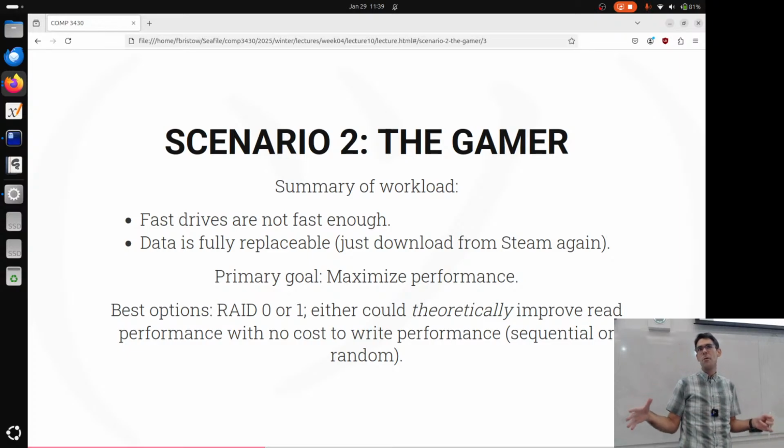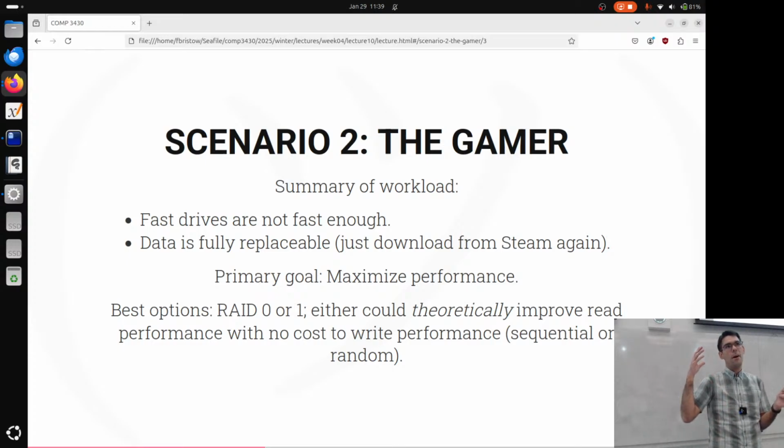Same thing with mirroring with RAID 1. In theory, our RAID controller could accept many read requests and then respond to them all simultaneously, asking each different drive to give back some different data. If it's smart enough to do something like that, theoretically, it could have its own memory. It could be predicting things like this. It could be making these parallel requests. Theoretically, then, for sequential read loads, we would get maximum performance from all the drives at the same time. In practice, our disk is probably just going to be the fastest disk in the system.